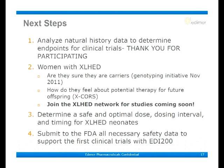This will be women who are in their reproductive years and are considering that they may want to start a family or have additional offspring and would like to know something more about their risk based on their genetics. And this is an exciting time for us because these are, again, the potential mothers who will be having kids that we might treat. And we hope by the end of 2011 to have this started with at least a